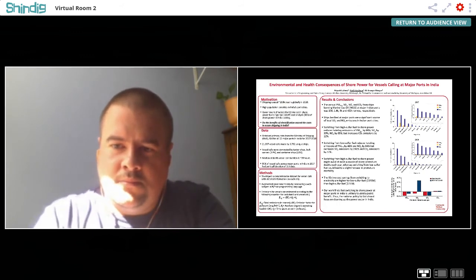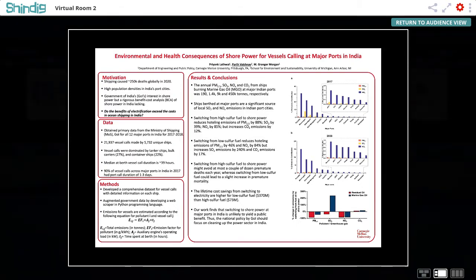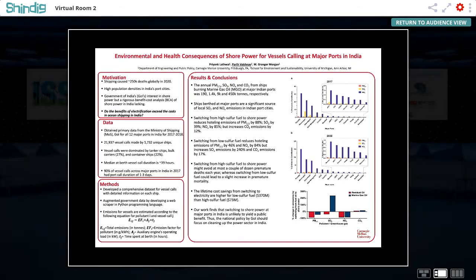We've done some previous work which suggested that shifting shipping from burning fuel on board to electricity is beneficial in a large number of ports in the US, not just in California, where it's slowly becoming mandatory. And our reasoning was that ports in India are close to cities that have very high population densities.